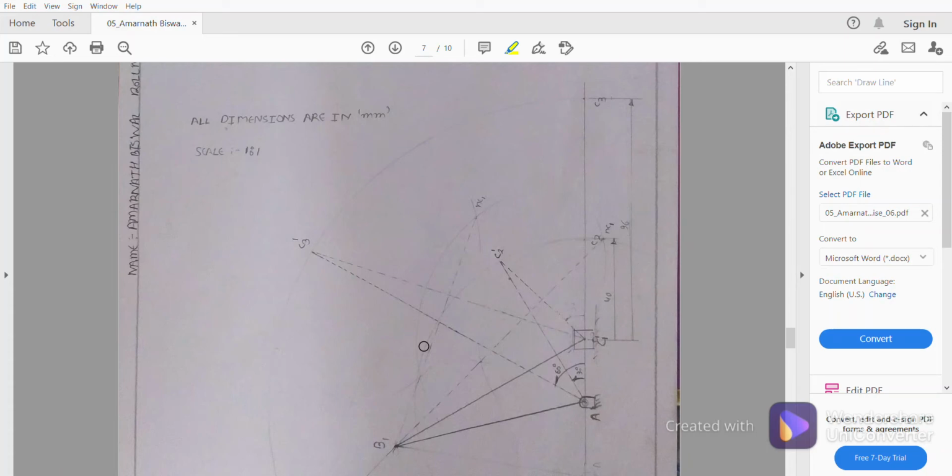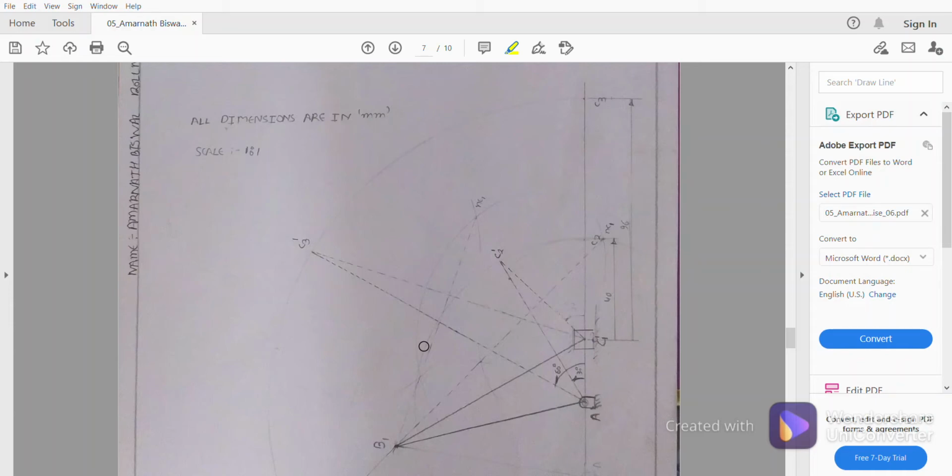Slider crank mechanism, if you haven't seen it in engines, like SI engines, meaning spark ignition engines, they use the reciprocating engine. In this, we inject the fuel, and when the piston compresses that fuel, it burns in the presence of air and spark. Okay, I am talking about a petrol engine, and then that power will be generated.